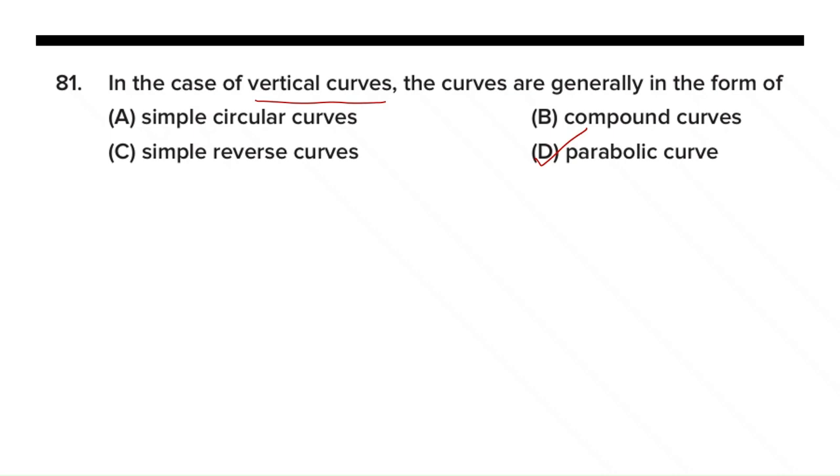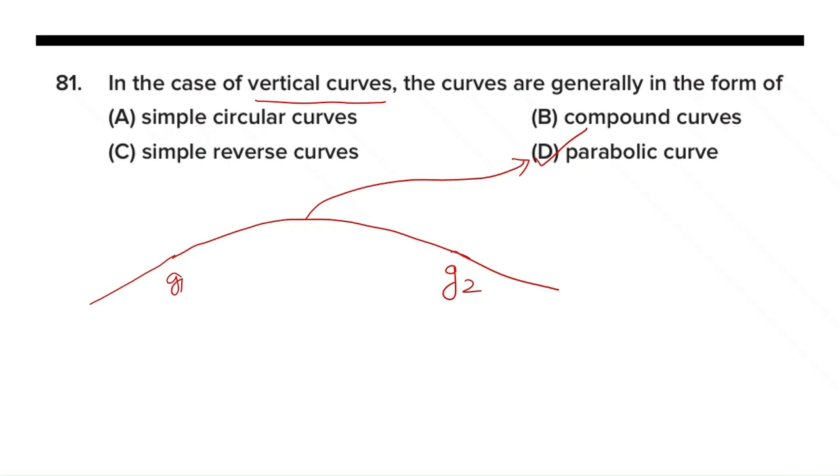Vertical curves are mainly used in roads and railways, and they are used to provide a smooth transition between different grades. They are generally parabolic in nature, and this ensures a constant rate of change of gradient, and also provides comfort and safety. This makes calculation easier for elevation, sight distance and grade compensation. So our answer is parabolic curve, option D.